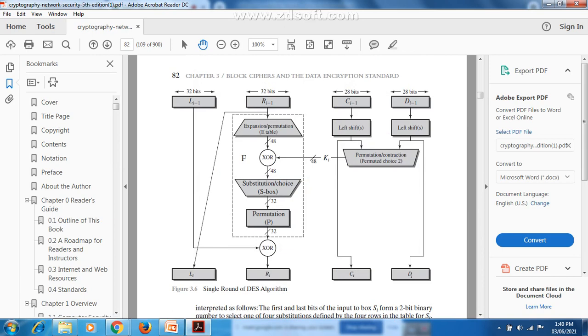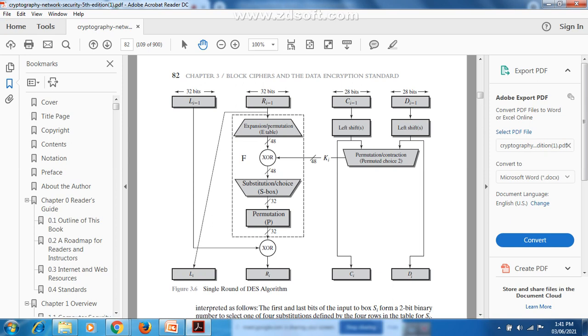See what I am telling, why I have specified here a 64-bit key. Even though you are taking a 64-bit key, every 8th bit is ignored. After ignoring every 8th bit, it is going to produce the 56-bit key that will be passed through the first permuted choice 1. That means some permutation operation will be done on that. Once the permutation is done, you are going to divide that 56 bit key into two halves, that is of 28 bits.